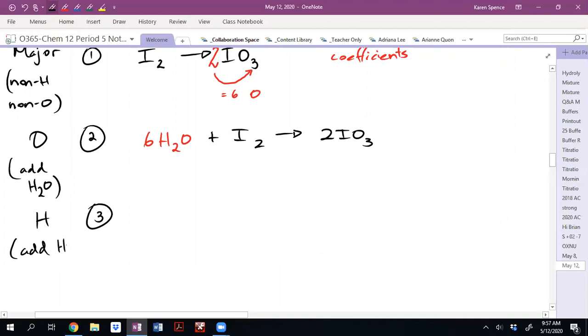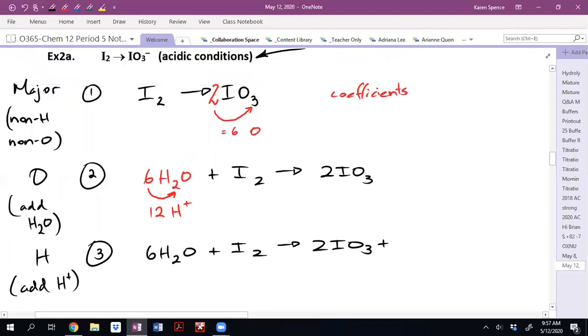H plus, yes. Okay, so up here, we have 6 times 2, which is 12 hydrogens. So we need to have 12 hydrogens also on the right-hand side. So if we write that out again, that's 6 H2O plus I2 goes to 2 IO3 plus,